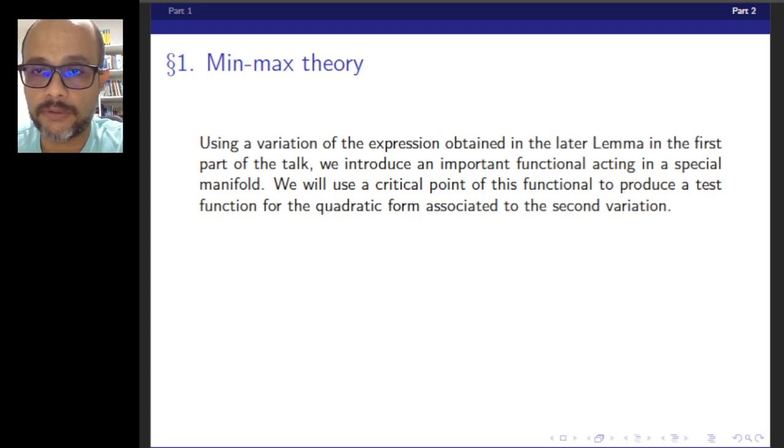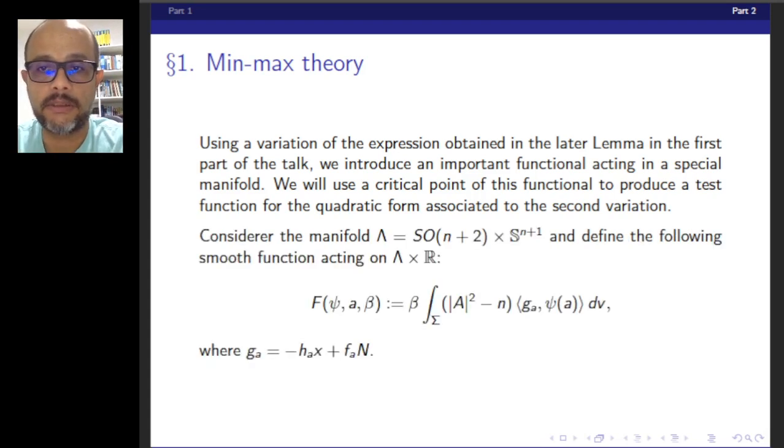Such functional can be defined in this way. Okay, this functional F here. This functional acts on the cylinder over Lambda. The cylinder is Lambda times R, where Lambda is this manifold SO(n+2) times the sphere. Such Lambda is a manifold, and our functional given by this expression,